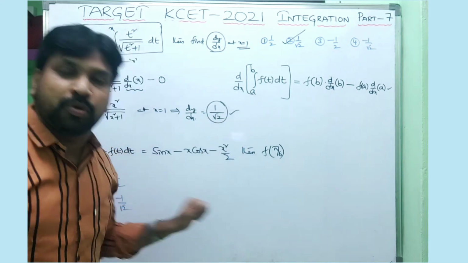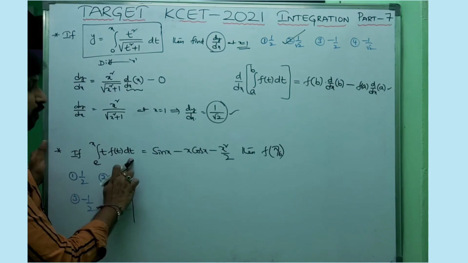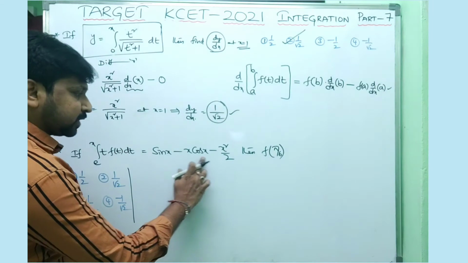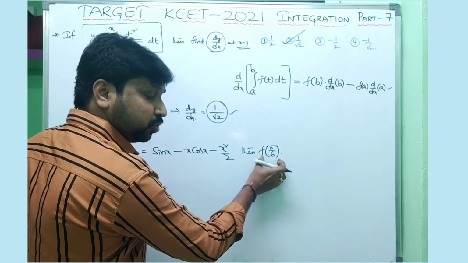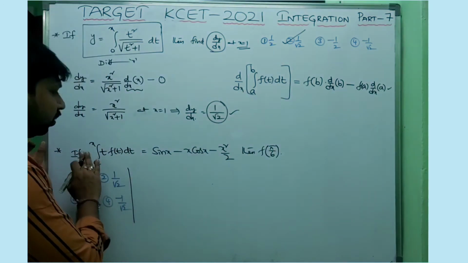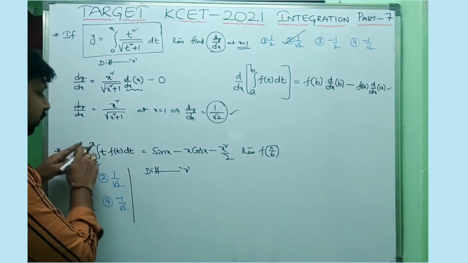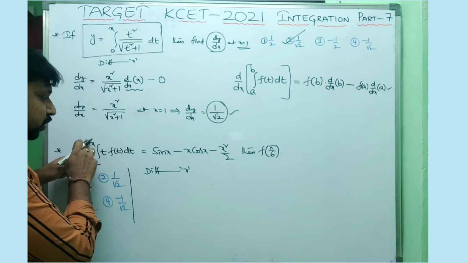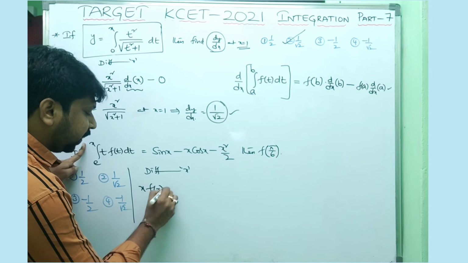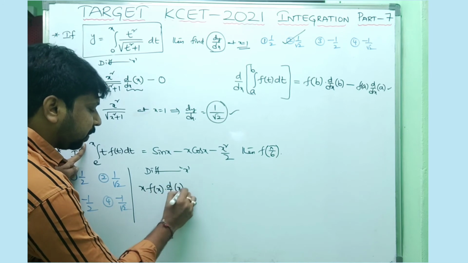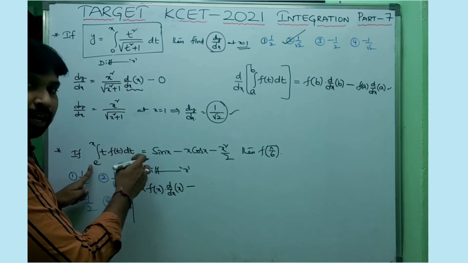The similar kind of model, one more question is given. Please watch carefully, friends. Now the question is: integral e to x of t f of t dt is equal to sin x minus x cos x minus x square by 2. You are going to find f of pi by 6, that is, f of x at x equal to pi by 6. Now you need to apply differentiation with respect to x first. If you apply the derivative to this function, first you need to substitute the upper limit in the function. What is the upper limit? x. So it will become x f of x into the derivative of the upper limit, minus the lower limit: if you substitute e, it is e into f of e into the derivative of e.